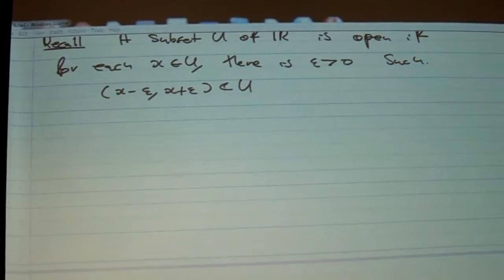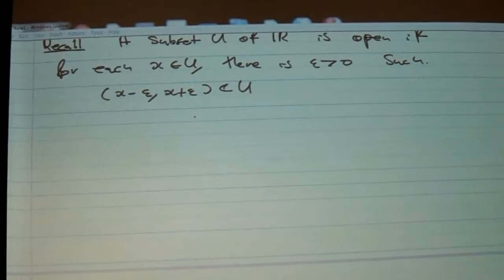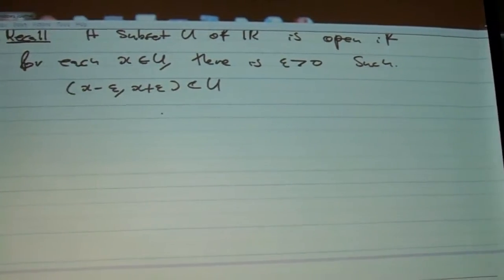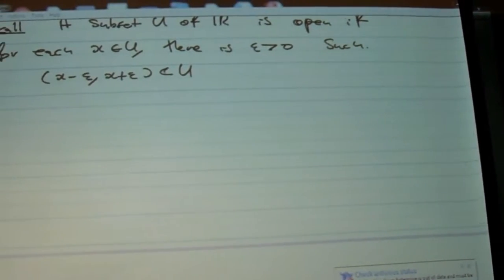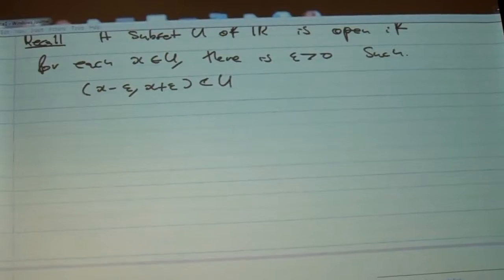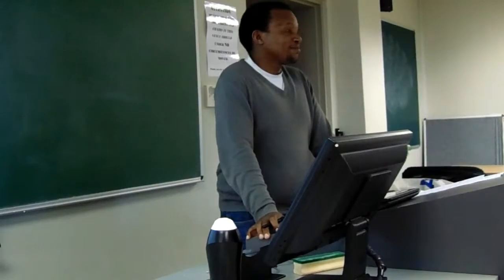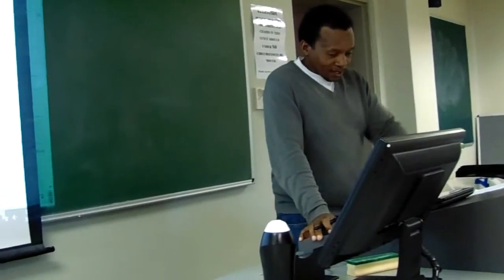numbers. So in this set, can I find the rational number between x minus epsilon and x plus epsilon? Can I find it? So you're asking if you can find the rational number in this set. Can you find it? So remember that